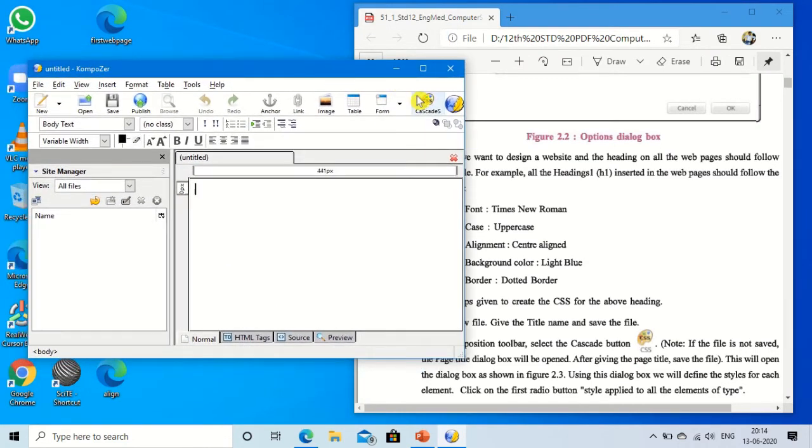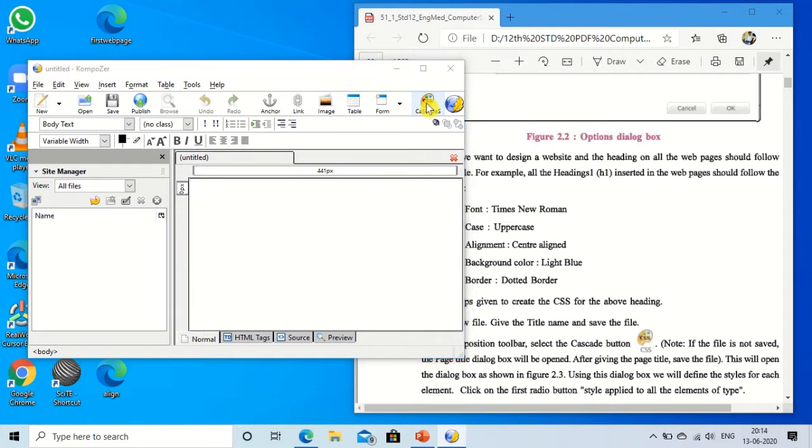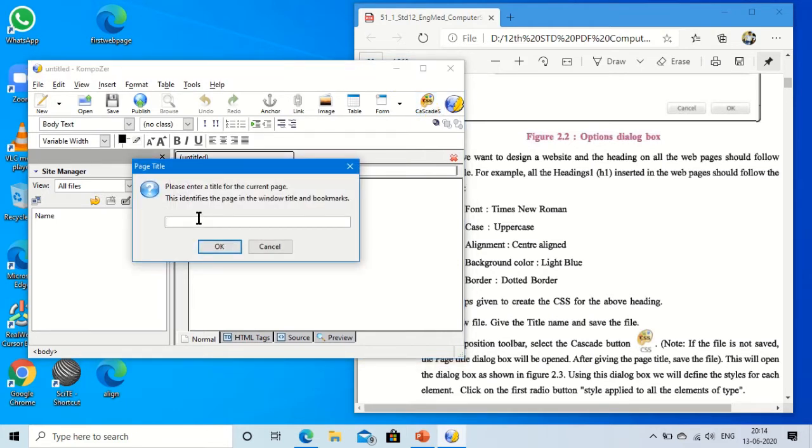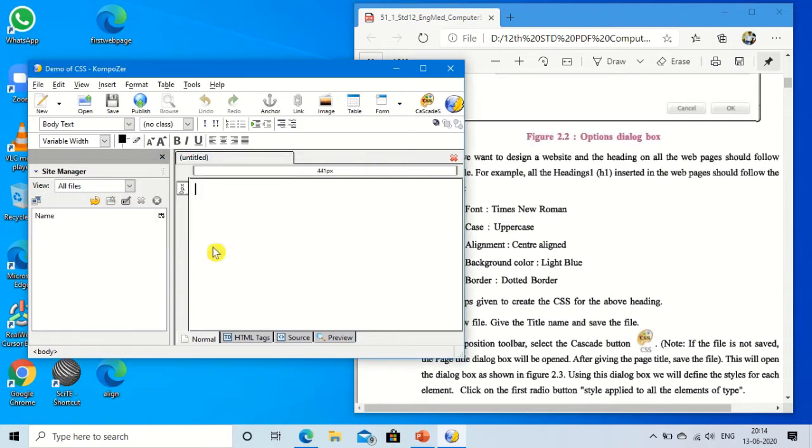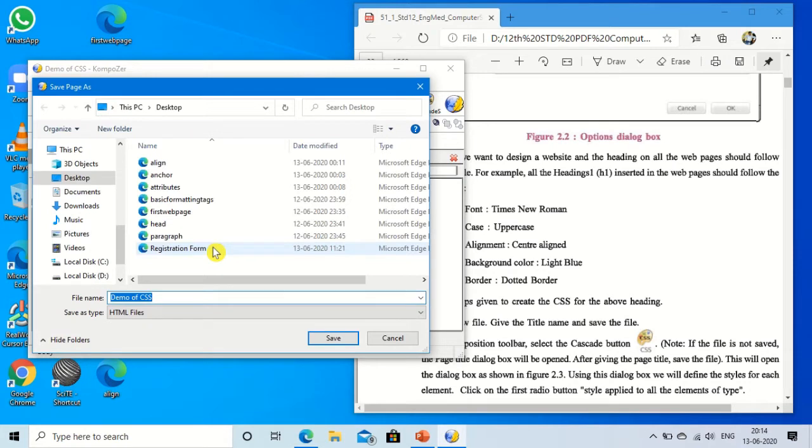Here there is an icon of CSS. Click over here. Then the name of the page title. Suppose here I am giving demo of CSS. You can give as per your requirement. Click on OK. Then save this CSS. Click on save.